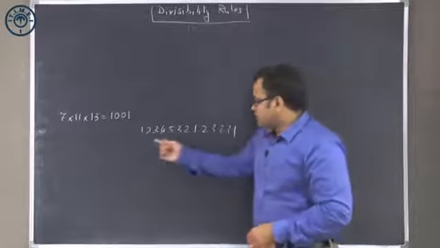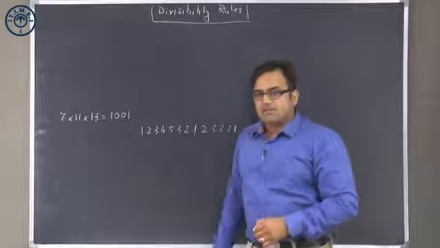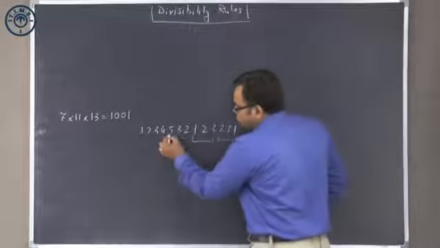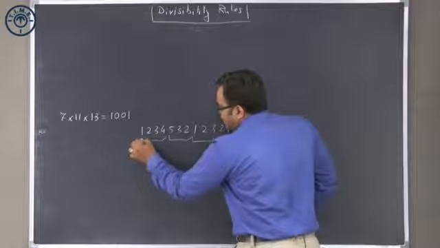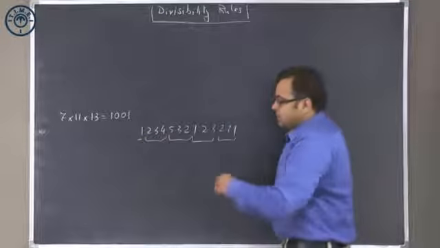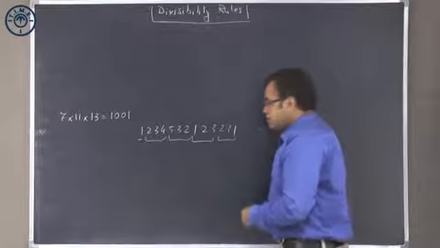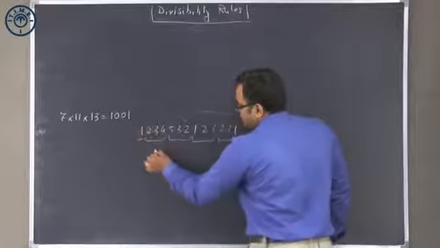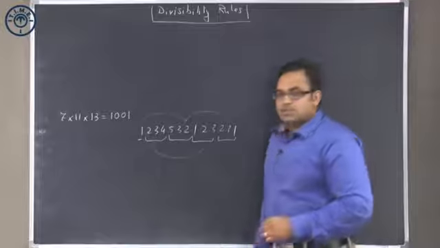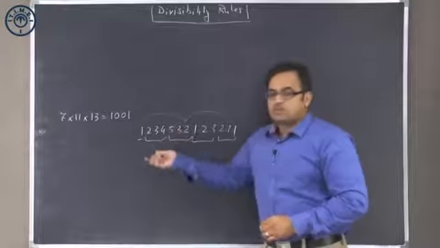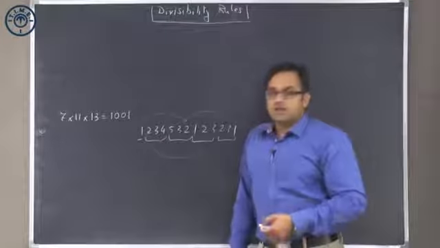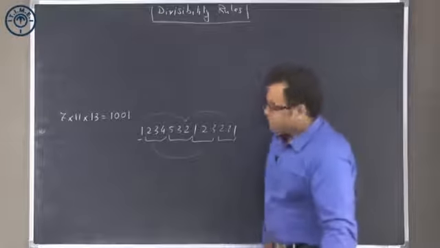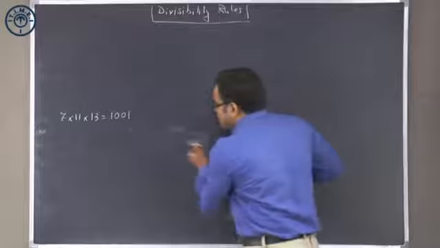In order to check the divisibility of this number by 7, I'll pair the digits in threes. 1 2 3 4 and 1 will go separate. You add the even pairs on one side, you add the odd pairs on the other side. So the first pair, third pair and 1 will go on one side. The second and the fourth pair will go on the other side. If the difference of these sums is divisible by 7, then the entire number is divisible by 7. And similarly for 11 and similarly for 13.